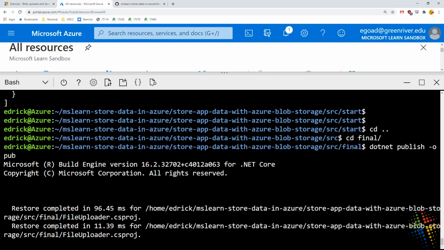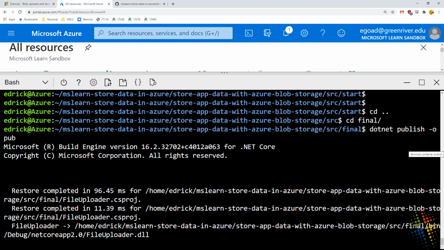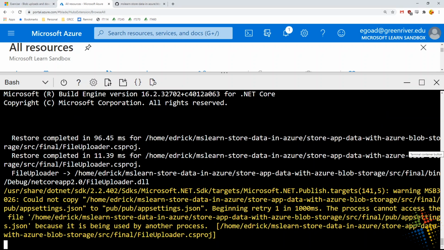All right, so we start off with the dotnet publish. It is creating a publishing package. This is something that Visual Studio and Microsoft .NET does for us. Basically it takes all of the files, all of our CS proj files, all of our DLLs, and compiles them, making everything that is necessary for running on a web server, and prepares the environment for us into a pub folder. Once that pub folder is run,